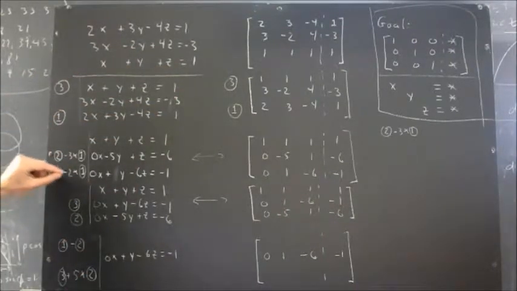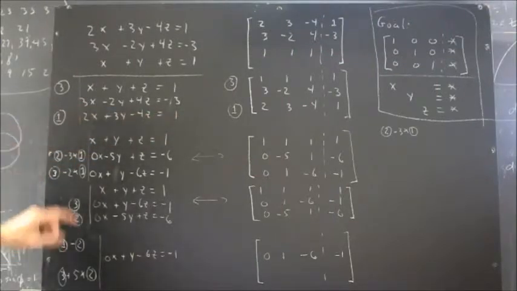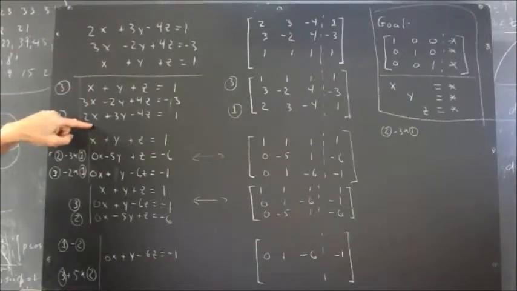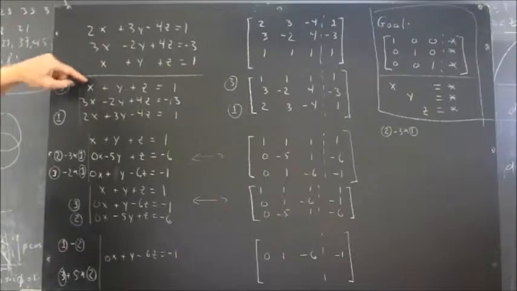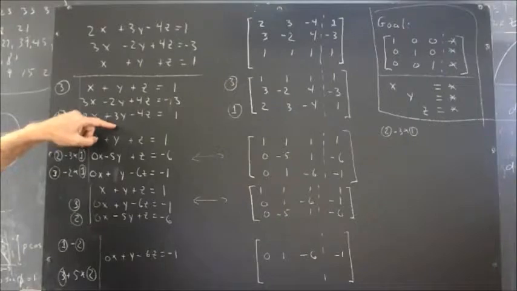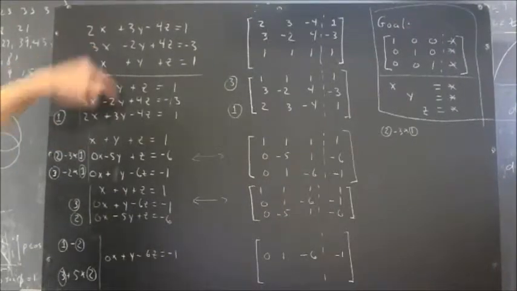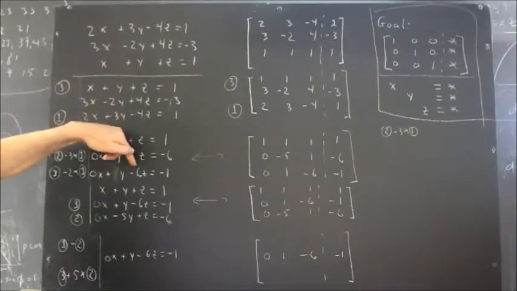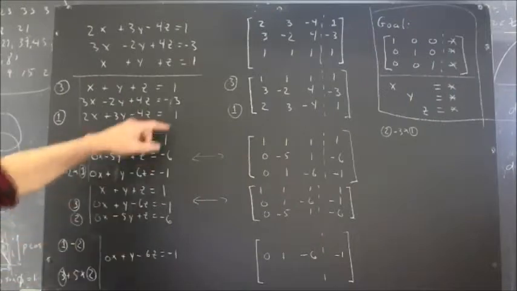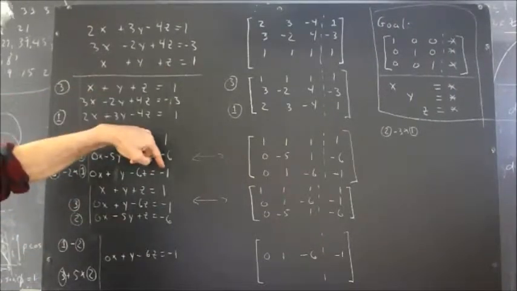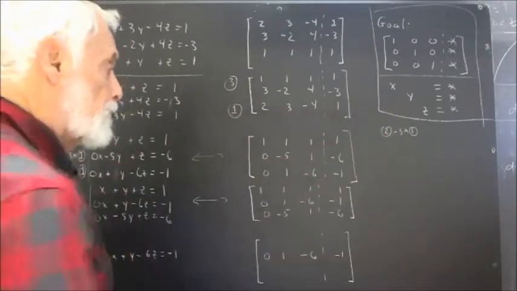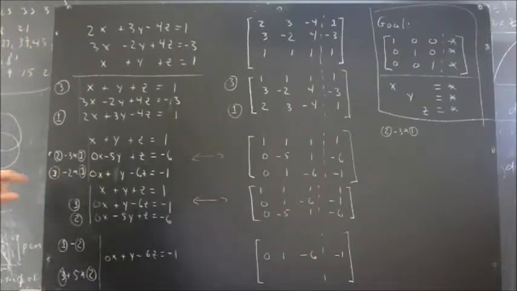Now we do the third row, which is third row of the previous, minus 2 times the first row. So we get third row 2x minus 2 times the first row is going to be minus a 2x, giving us a 0x. A 3y minus 2 times the y gives us just y. -4z minus 2 times z gives us -6z. And 1 minus 2 times 1 gives us -1. Or if we're looking just at the rows,